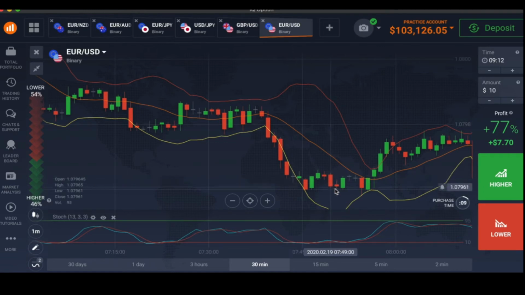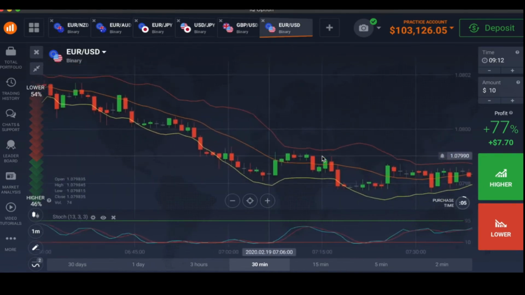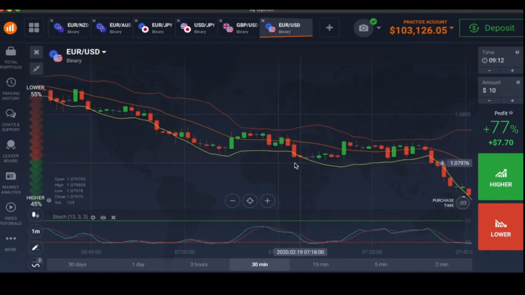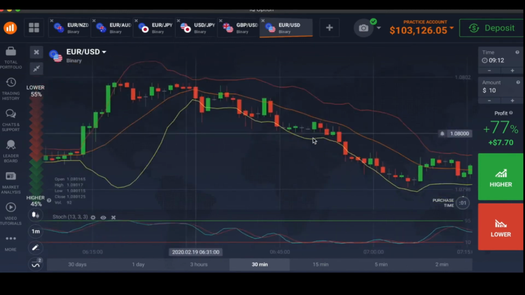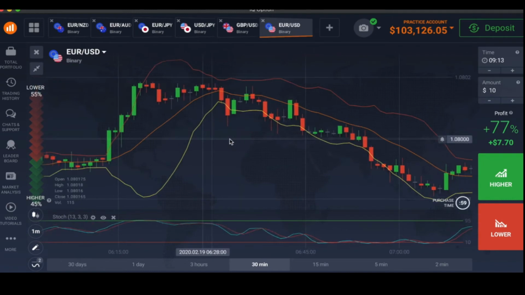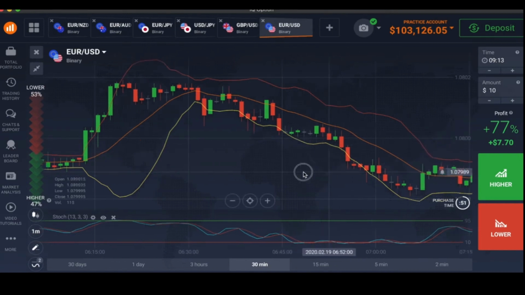But like I said, this is not going to win all the time, guys. Every other strategy is the same way. It's not going to win most of the times, but it's going to win more than you're going to lose. So over here you can see the market is touching the oversold, but we do not have abnormal candles, so